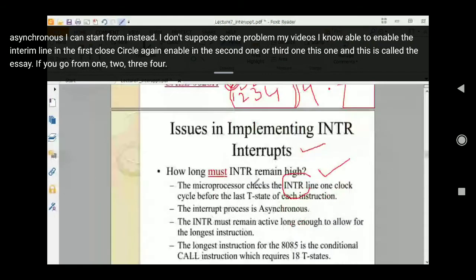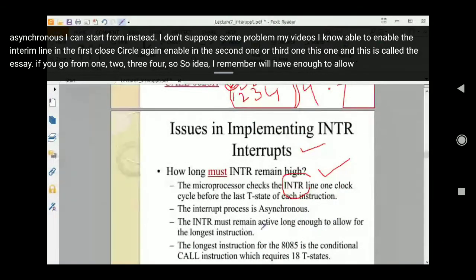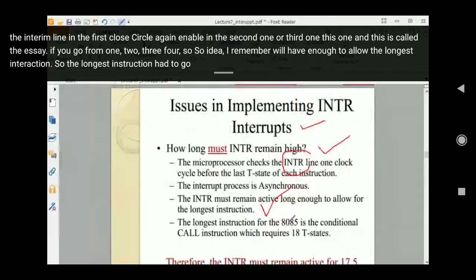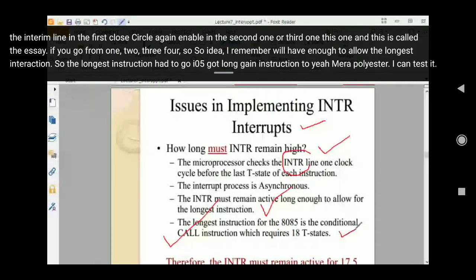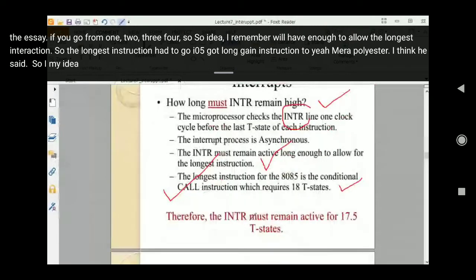If I have the synchronous, then it will go from 1 to 3, 4. So INTR will have to remain long enough to allow the longest instruction. तो longest instruction है तो I05 का longest instruction, ये मेरा instruction requires the 18 key steps. So my INTR must remain for the 17.5 key step.